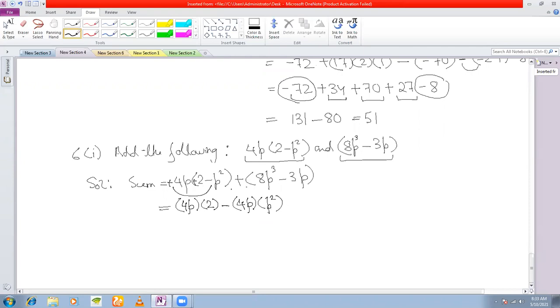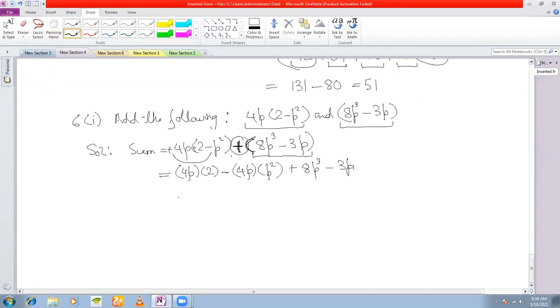Next here, see, this expression does not contain any brackets, any product. Does it contain any product? It does not. Also, I have a plus sign here outside this bracket. That means when I am opening the bracket, the signs will not change because of this plus sign, right? So I open the brackets without changing the signs. So plus 8p cube and minus 3.